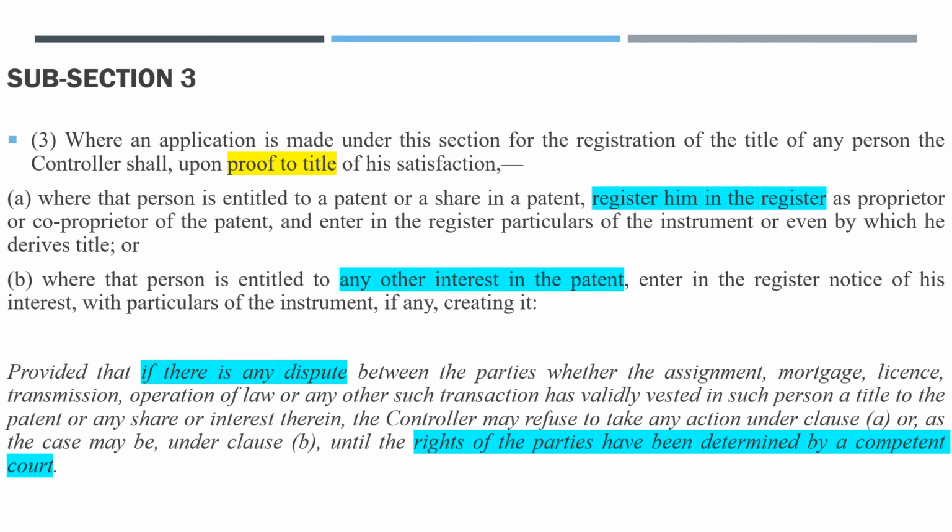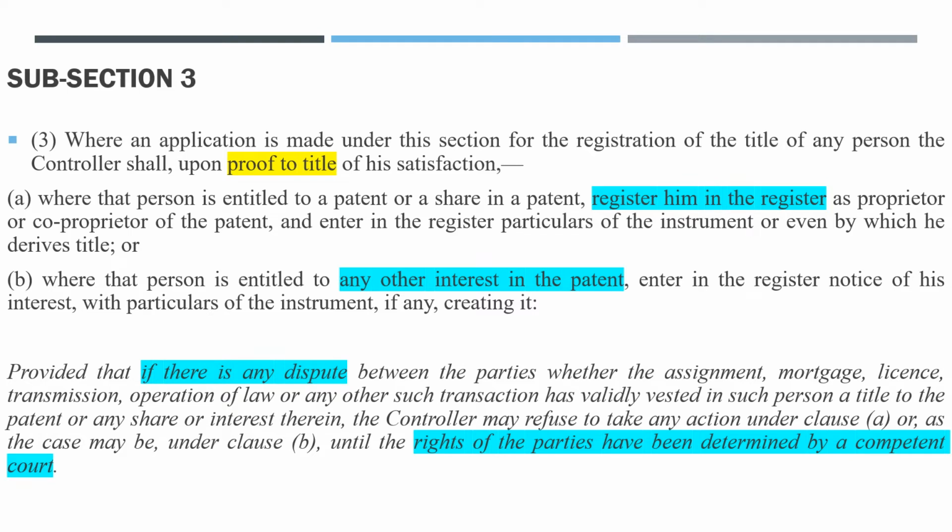Subsection 3 says, where an application is made under this section for the registration of the title of any person, the controller shall, upon proof of title to his satisfaction, clause A, where that person is entitled to a patent or a share in a patent, register him in the register as a proprietor or co-proprietor of the patent, and enter in the register particulars of the instrument or event by which he derives title, or clause B, where that person is entitled to any other interest in the patent, enter in the register notice of his interest with particulars of the instrument, if any, creating it,